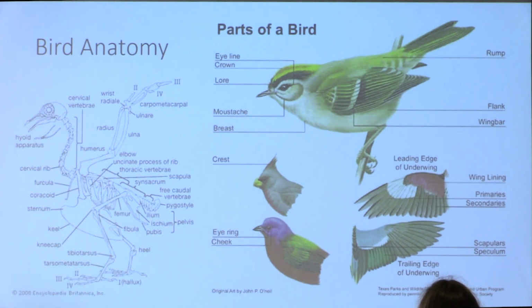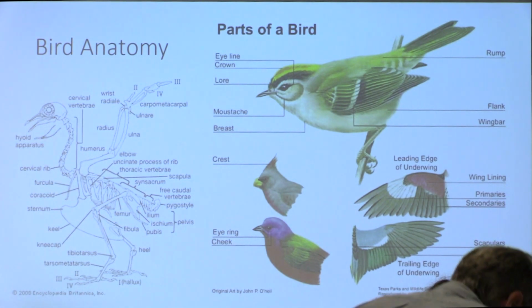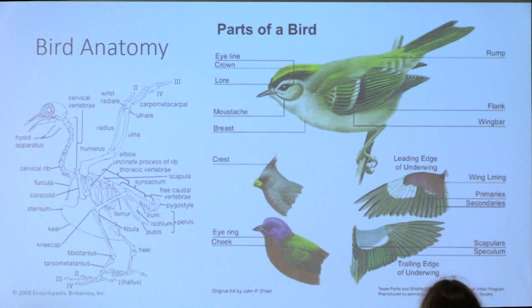What we have on here are parts of birds that will help you with identifying birds and help you through this lecture when I reference things like crowns and crests, beaks. I assume we all know beaks, feet. The breast is a good marking, and then we also have wing bars, which are going to be pretty critical when it comes to identifying birds, especially for ducks when you're looking for the white, which we'll discuss, and warblers, or